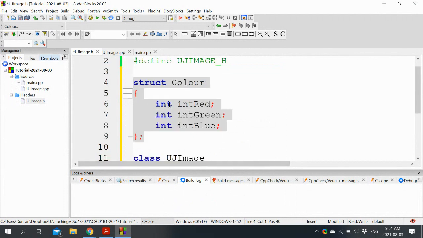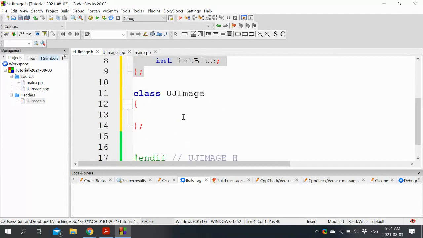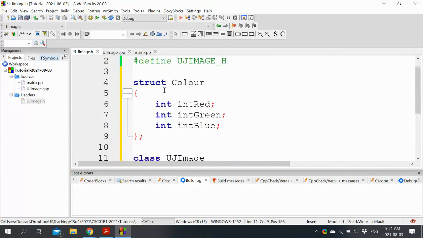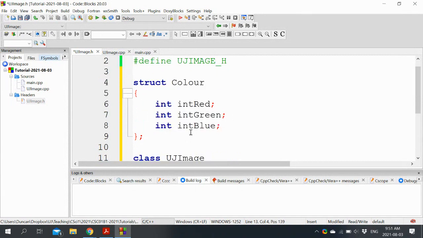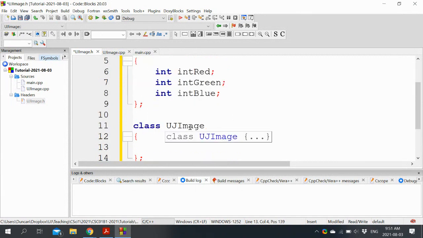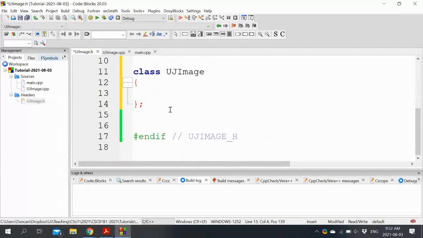If it's data and behavior, we will use a class, because any restrictions and rules about colors are imposed by the UJ image class, not the color itself. We will use a structure for the color and a class for the UJ image.